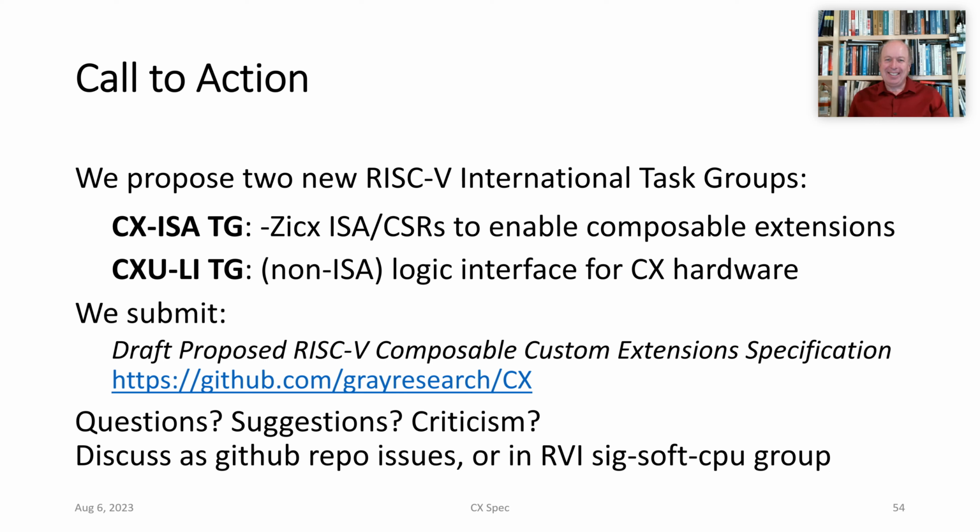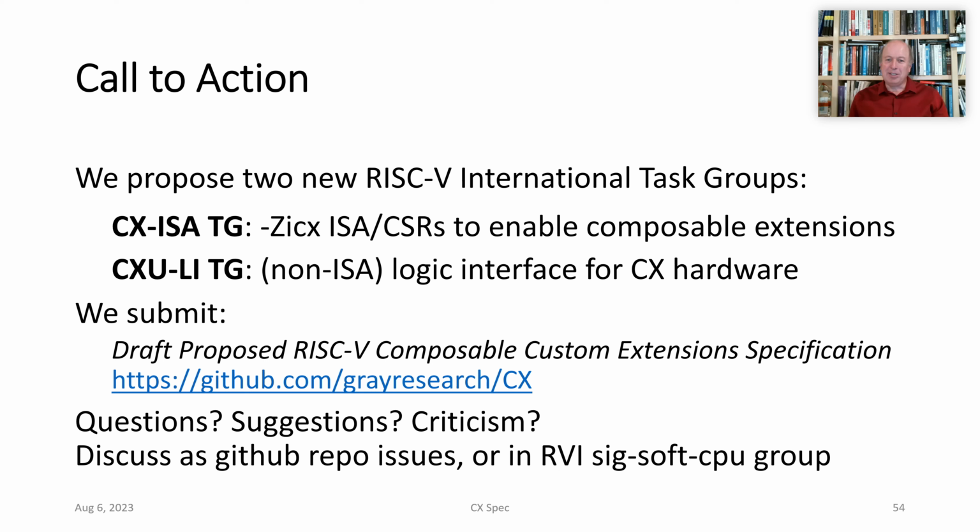Finally, one last slide. If you think the RISC-V ecosystem would be stronger if multiple agile composable custom extensions could coexist correctly within one system, if you think it should be painless to add another composable extension into your system, if you want every new RISC-V CPU core to have immediate access to a rich catalog of composable extension packages and extension libraries, if you want applications that use composable extensions to just work and to keep working over the years, and to be easy to integrate new versions of extensions,